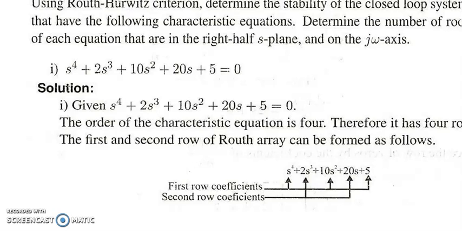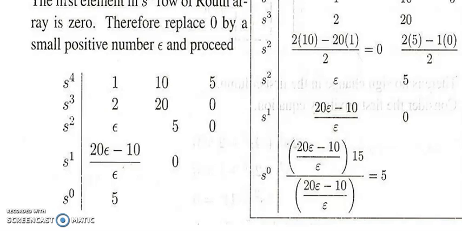Take another example. Using Routh-Hurwitz criteria, determine the stability of a closed loop system having the following characteristic equation. Determine the number of roots of each equation that are on the right half of the j omega axis. So I have s4, 2s cube, 10s square, 20s plus 5. So you can find out the first row coefficients and the second row coefficients and get a Routh array. Here again what you will find is 2 into 10 minus 20 into 1 by 2. You get a 0. So you replace it with an epsilon. So what you do is the next element would be 20 epsilon minus 10 by epsilon, and the next element